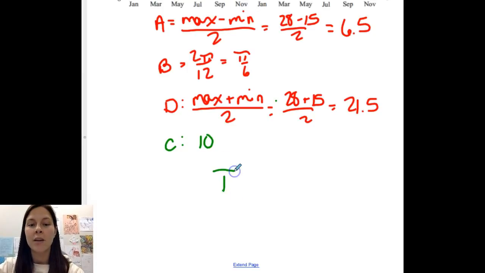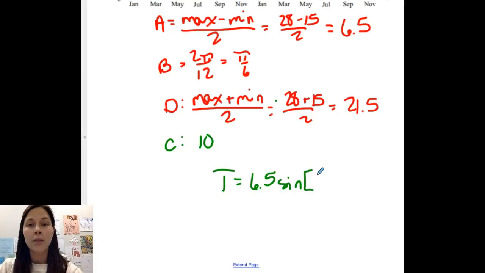Capital T is for temperature. That was the output of our function. The input was time in months. A was 6.5 times the sine. Now we need to use brackets. That B is factored out. We can distribute it back in, but when you're looking at a graph and finding that horizontal shift, you have to have that B value factored out